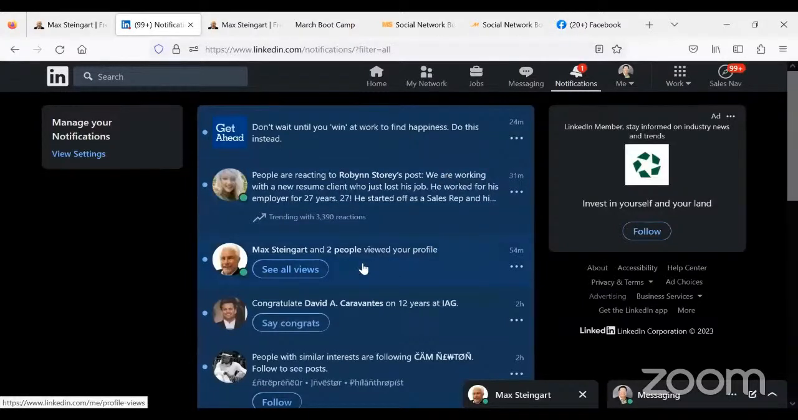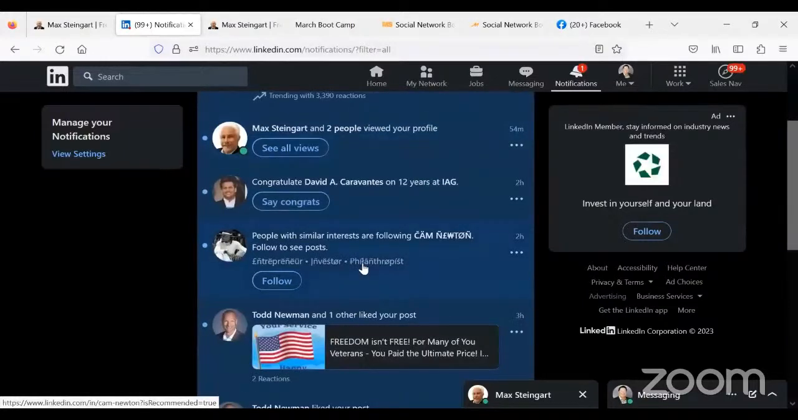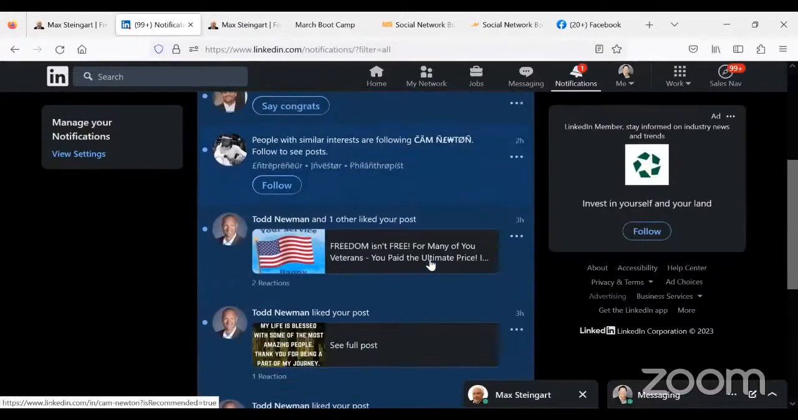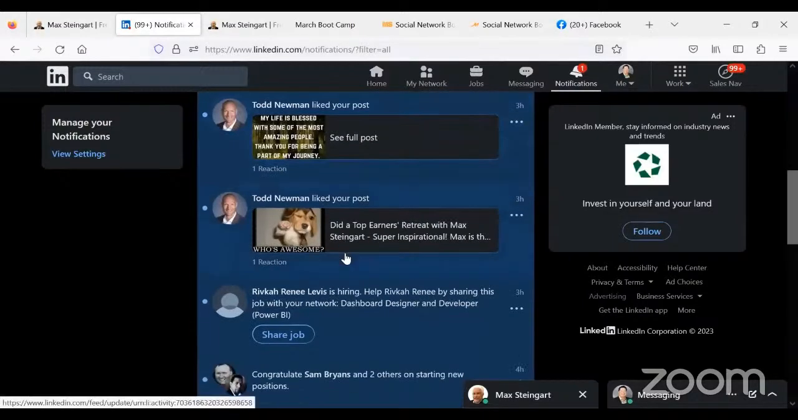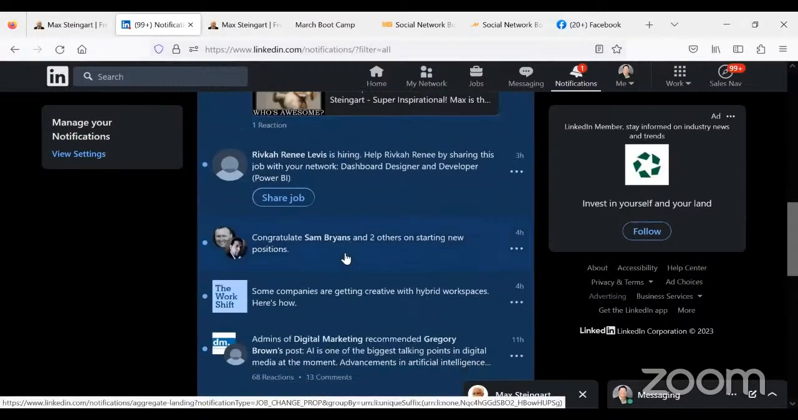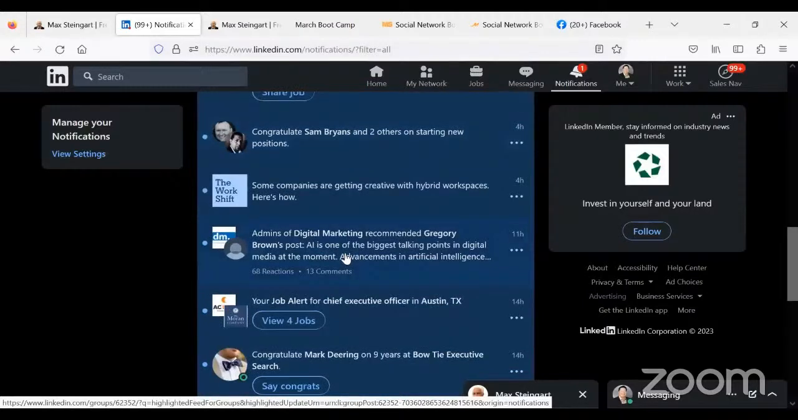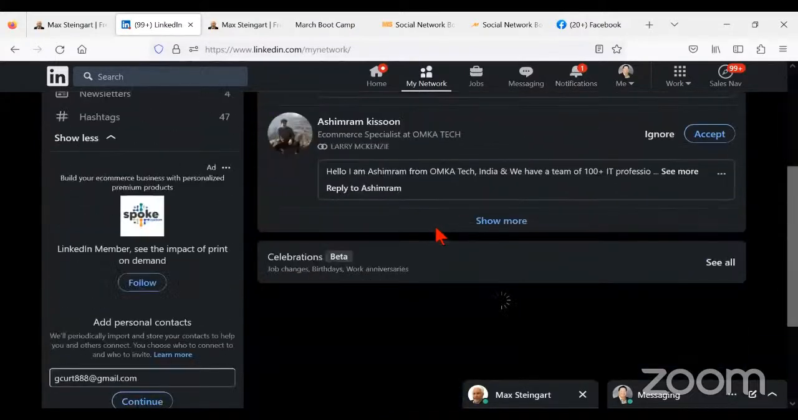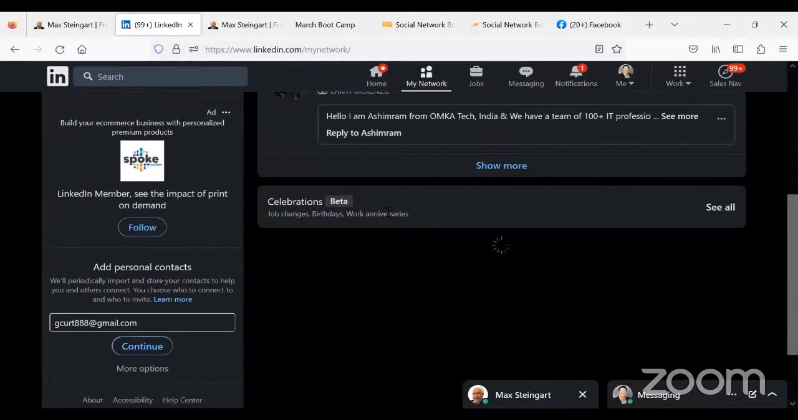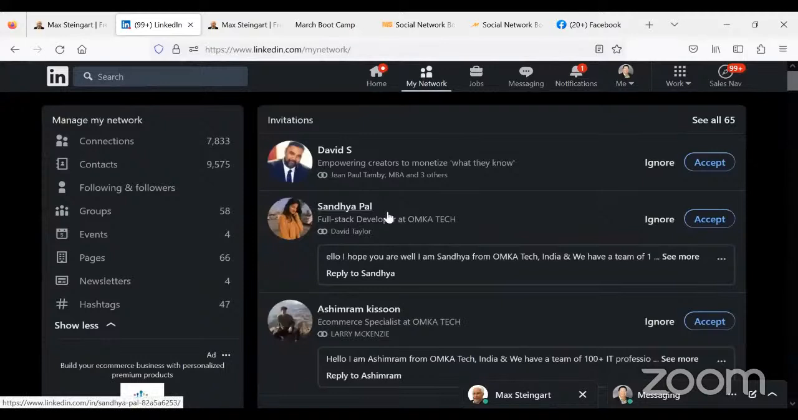You can see who's looked at your profile. You can see who's responded to your posts, and people who like your posts. So this is still a valuable tool. But the important stuff is now going to be under this other feature, celebrations. So first, we're going to come over to your network, and you've got 65 people here